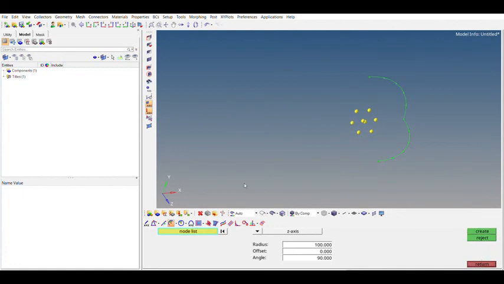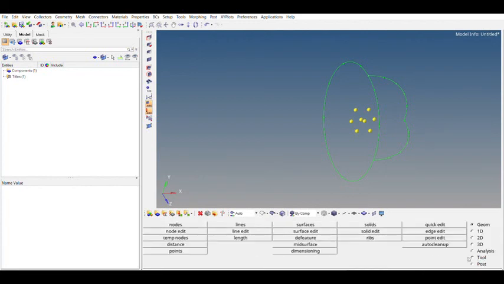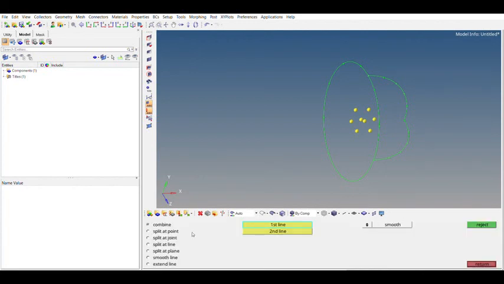Another way of making an arc is from a circle. Now I will create an x-axis node here and, with a radius, create a circle. Now I need to remove the part of the circle that cannot be part of the edge of the sphere. To remove it, we go to line edit, then split line.